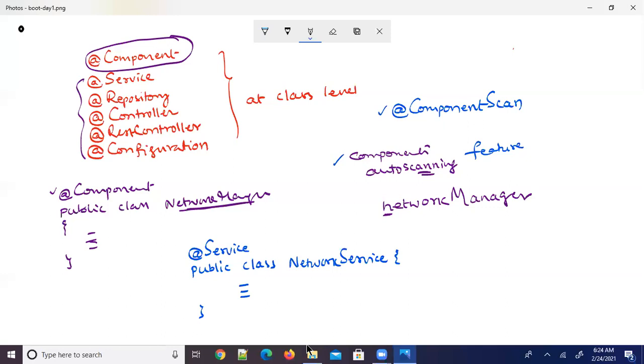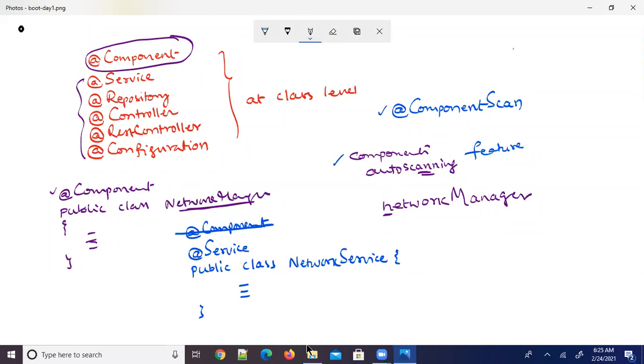Here, when I write @Service, I have no need of writing @Component again, because Service is derived from @Component only.